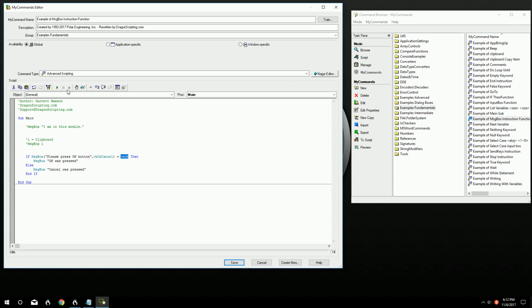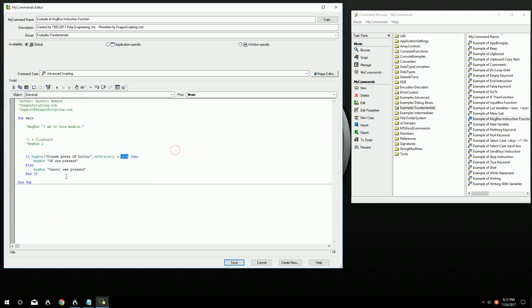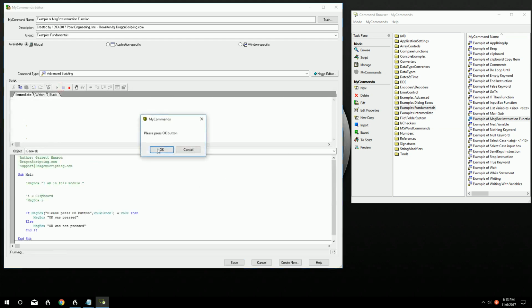Cancel is pressed. You can also press the X, and it'll give you the same thing. So it's not necessarily "cancel was pressed." It's more like "OK was not pressed." That's more accurate. So anyways, again, it comes up. So here's the OK and cancel, or the options,